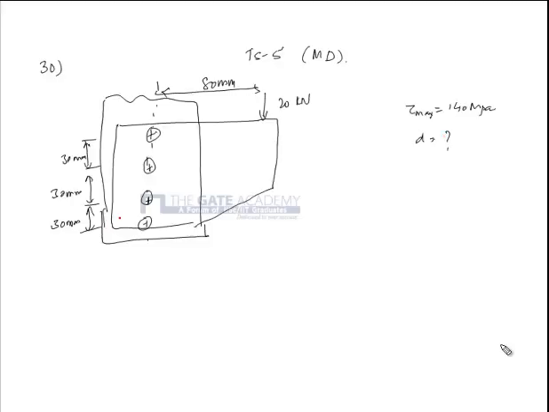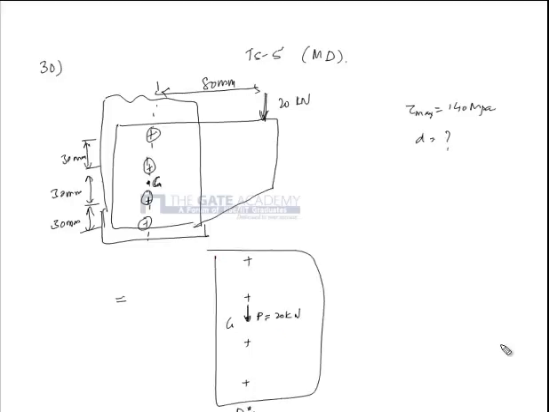So let's find the rivet which is critically or heavily loaded. For this kind of problem, we first identify the CG of the rivet system, which in this case is quite simple to identify, at the center. This load at G will be felt as a direct load as well as a moment. Let me draw these rivets as pluses. At G I have the direct load P, 20 kilonewtons, or the primary load,